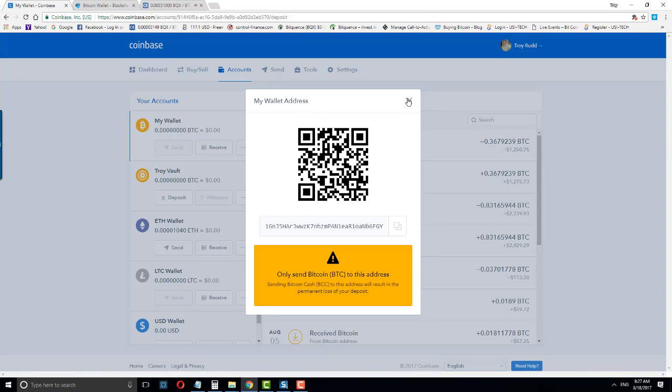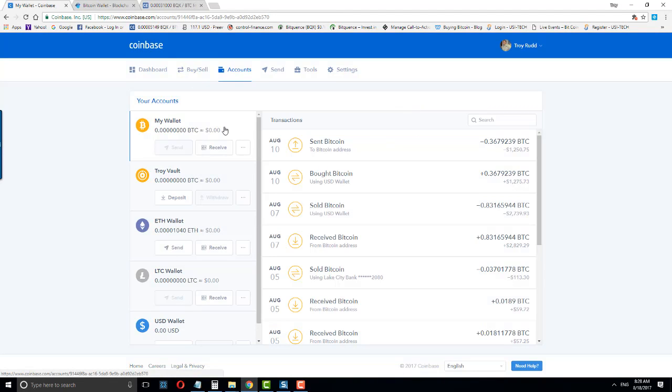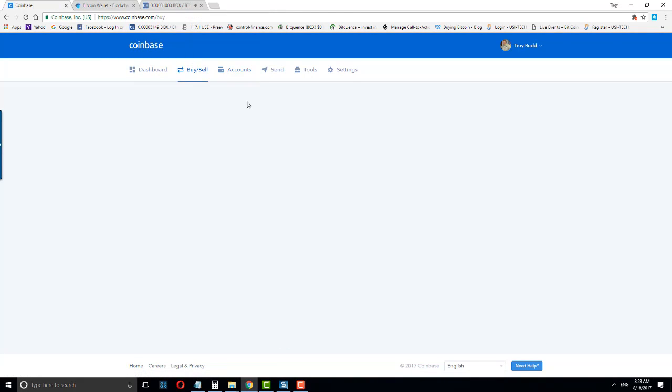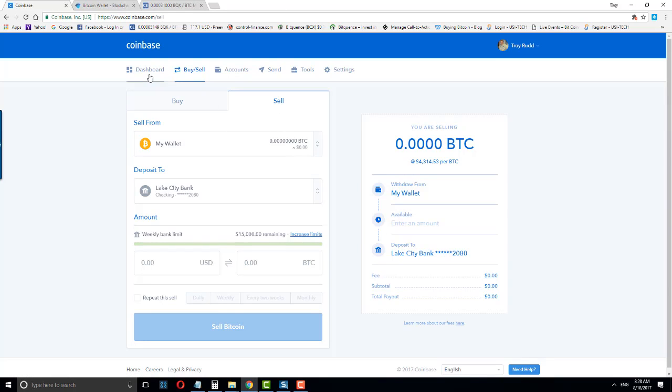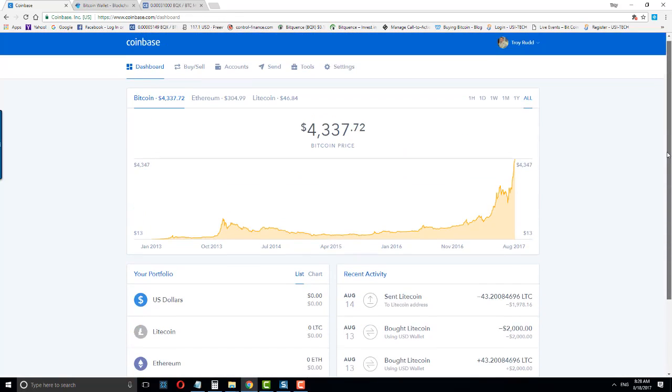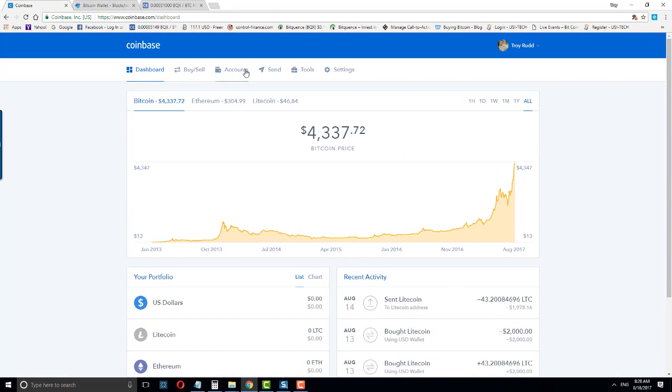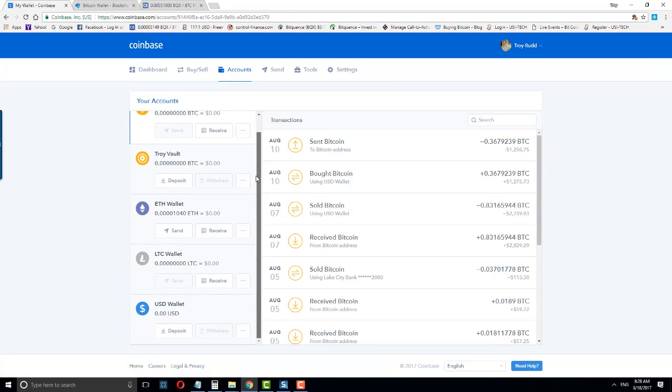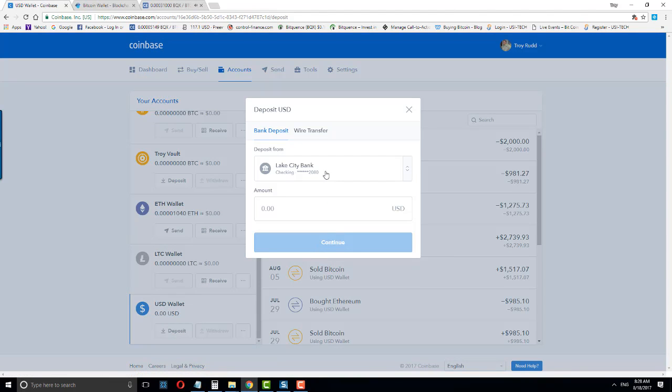Let me just close that out. That is sending Bitcoin back to your address. And then again, we also covered selling back to fiat. The one thing I didn't talk about is the US dollar wallet, which you also have here under accounts. I would assume that if you're in Canada, this might be a Canadian dollar wallet, or if you're in Australia, this may be an Australian dollar wallet. But at any rate, I'm here in the U.S., so this is a U.S. dollar wallet, and I can deposit U.S. dollars